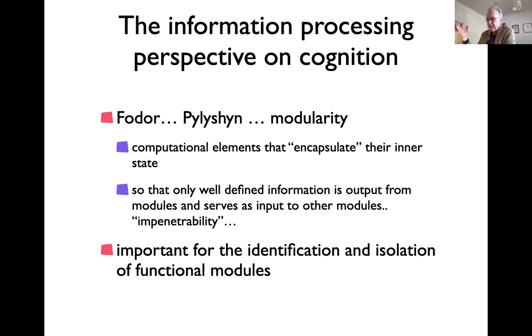As you know, in programming, that's an important thing, because if you introduce dependencies on the inner states of these modules, it becomes very difficult to make sure that the whole program works as designed. And if you add a module, you have problems that the module needs to be informed about all kinds of things that it doesn't really get through its interface. So that's considered bad computer science to do that. Is that true for the nervous system, for the mind as it emerges from the nervous system? That was a real research question.